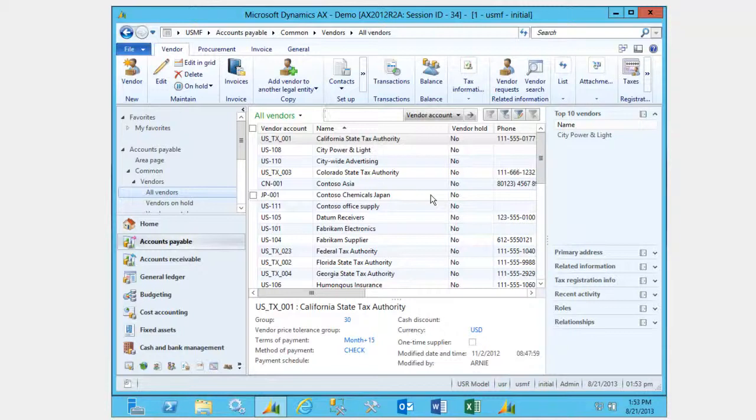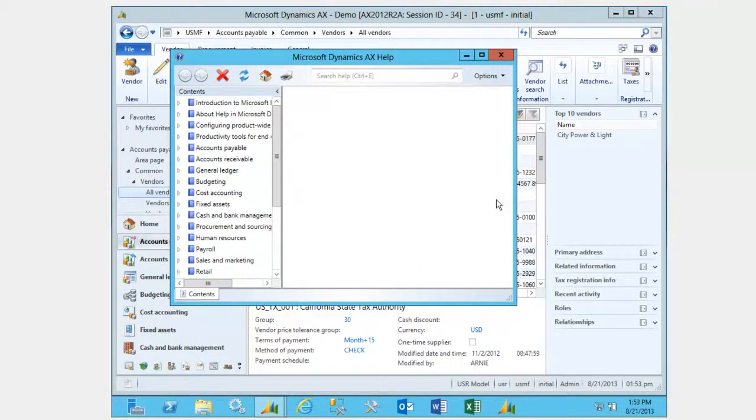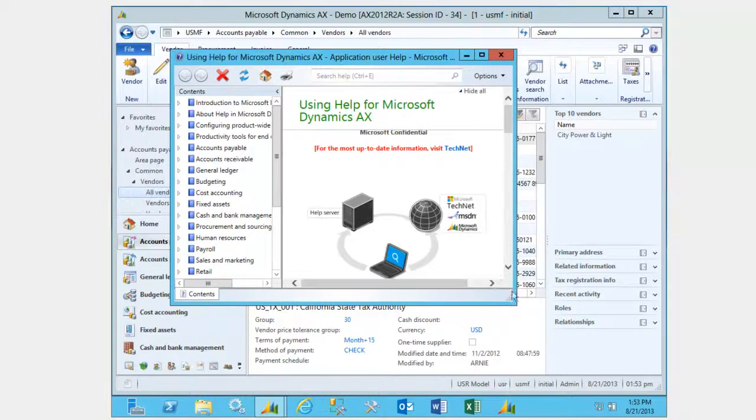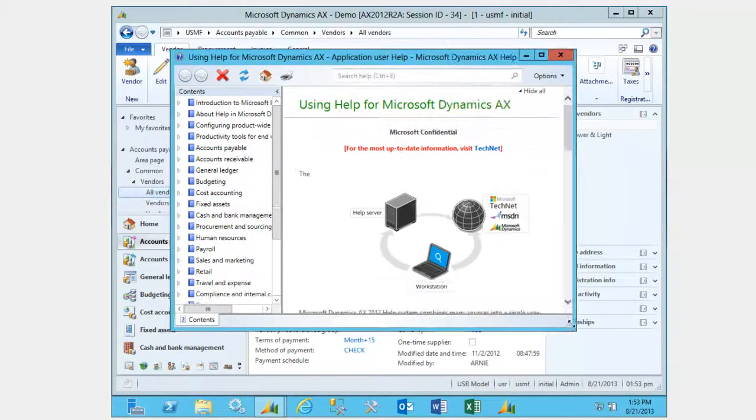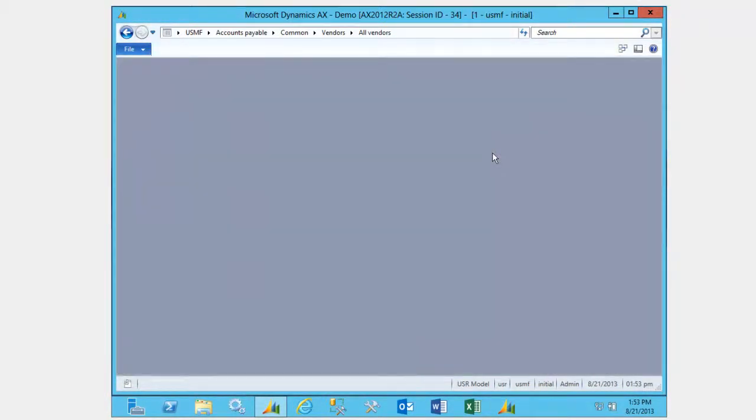So we'll just hit F1, and we'll wait to see if our help server is working properly as it should, and it is. So we have everything configured to make AX work properly. It's just a matter of one final tweak, and that would be